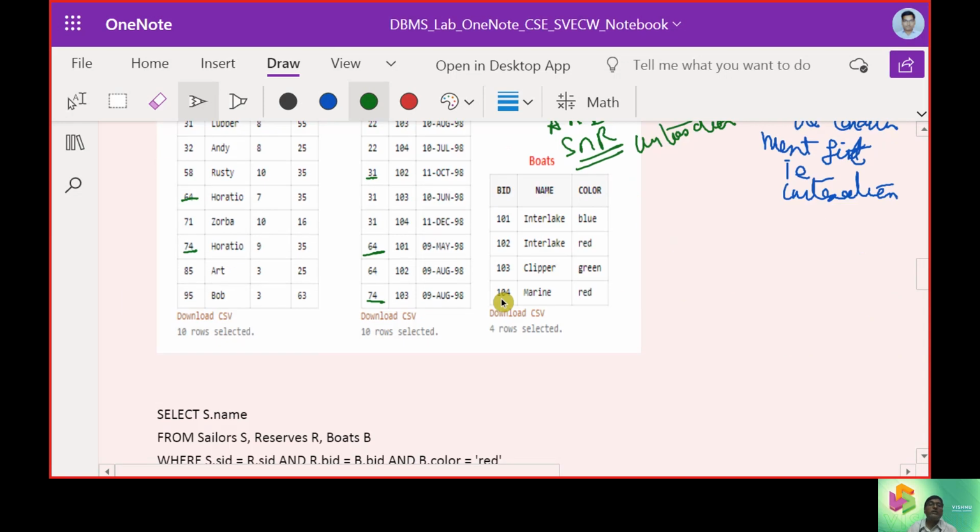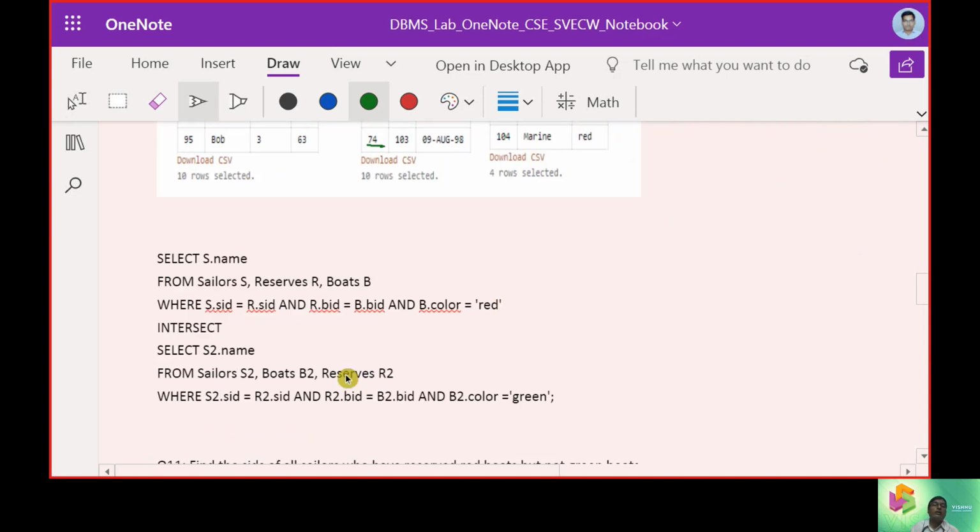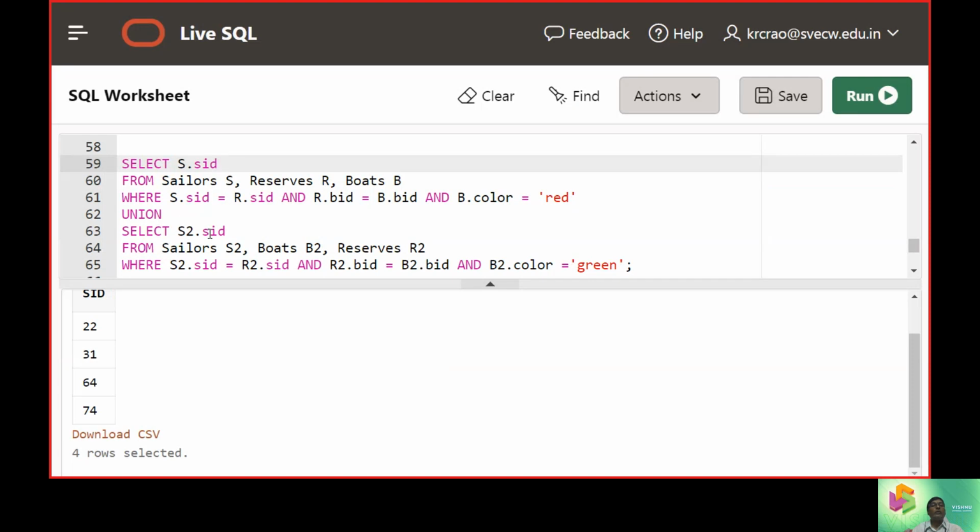So now the change: the condition remains the same. The way we interpreted the previous example will be the same, but the only thing is we are going to replace it with the intersect option. So we don't have much change here.